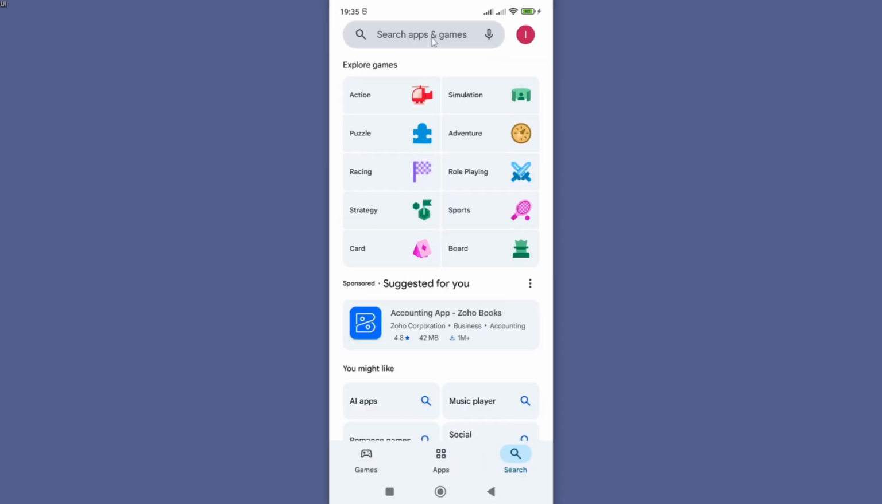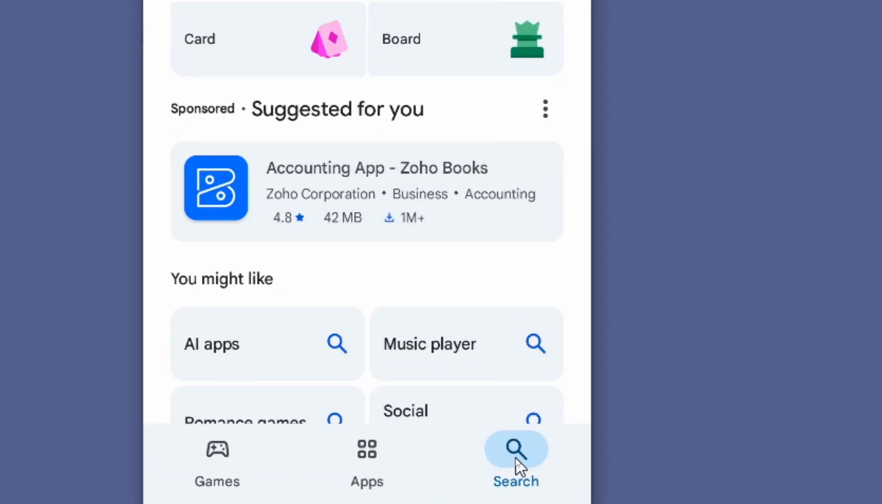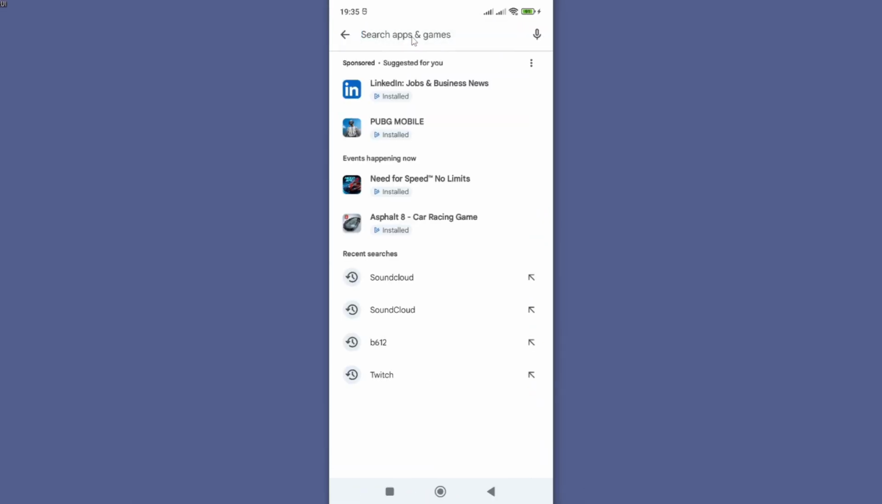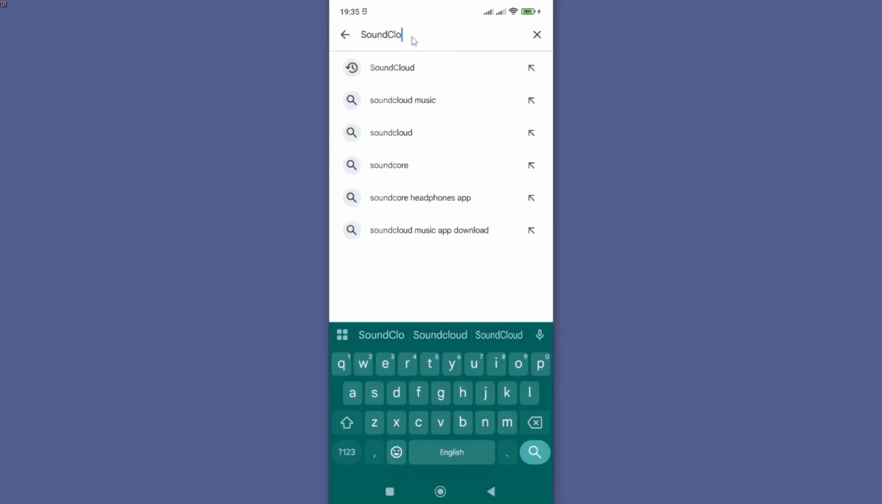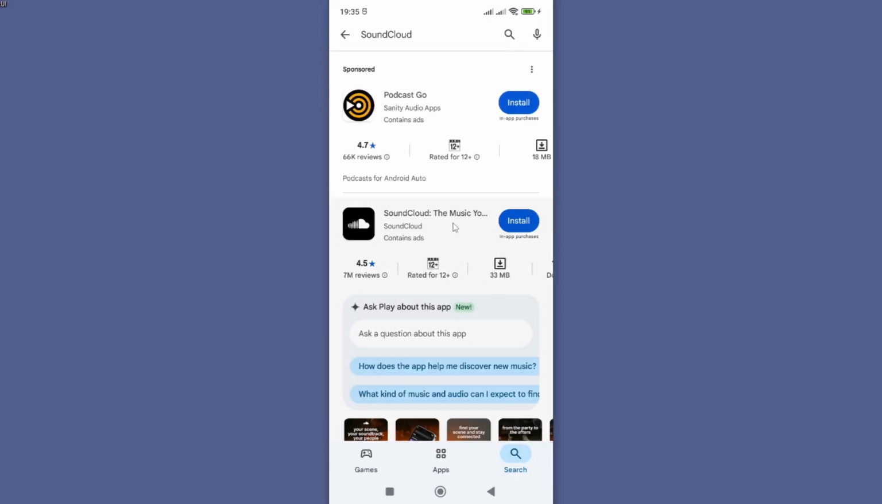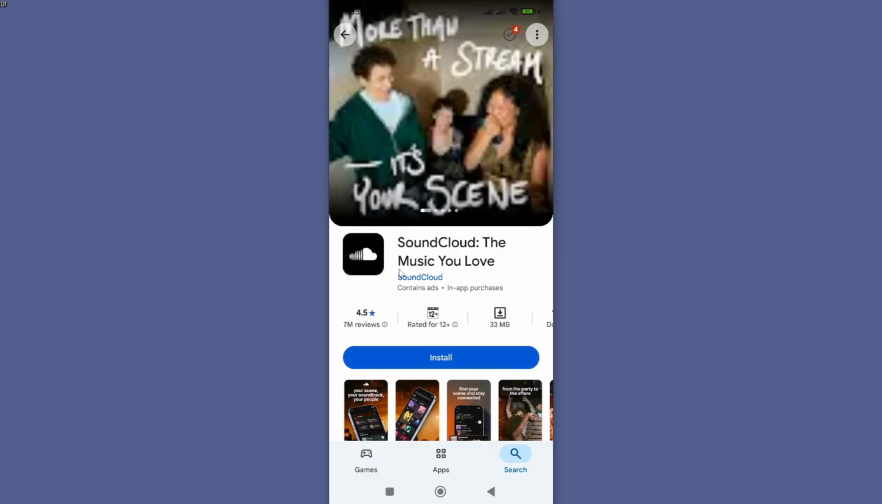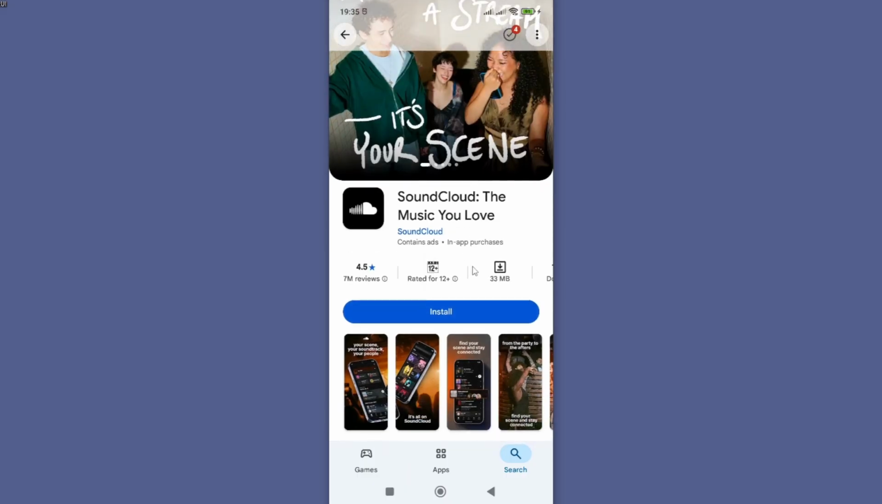If you can't see this search bar, then you should see a search icon down below. So go ahead and tap on it and search SoundCloud, just like that, as one word, and then tap on the search icon here. So if I tap on this app that has popped up first, now here is the